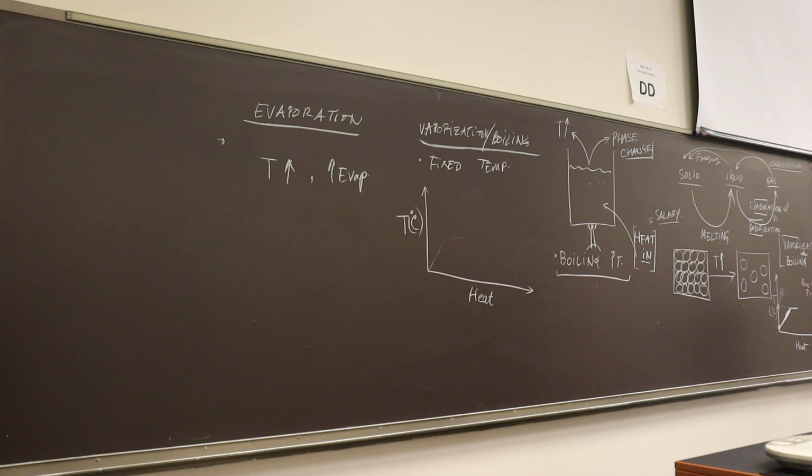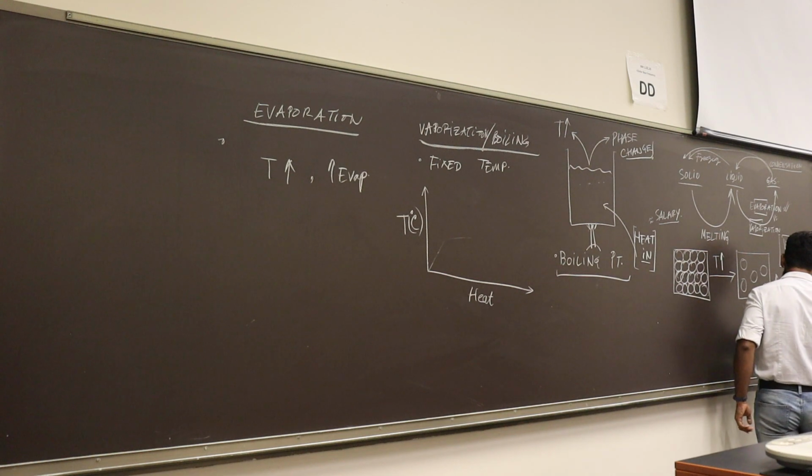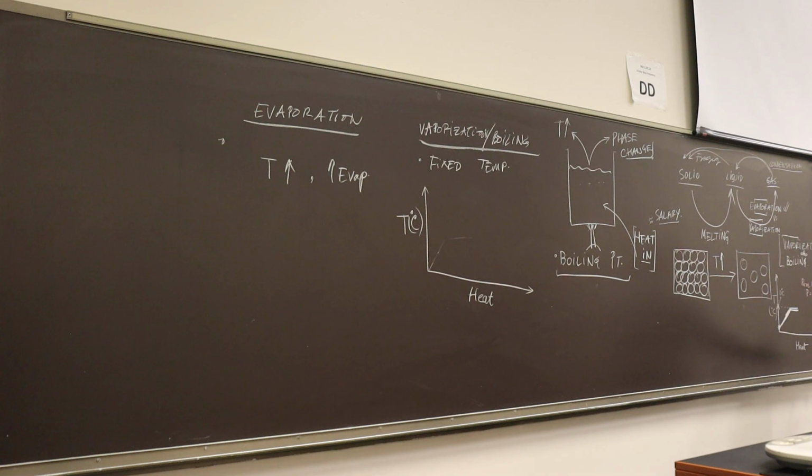At that temperature, things are breaking apart. It is not just increasing its energy, it is breaking apart. So this to this happens at a fixed temperature, a very special temperature, which is called the melting point. So at the melting point, only the phase is going to change. The temperature is not going to change. But at this point you also have ice. So at 0 degrees Celsius, you have both ice and water.